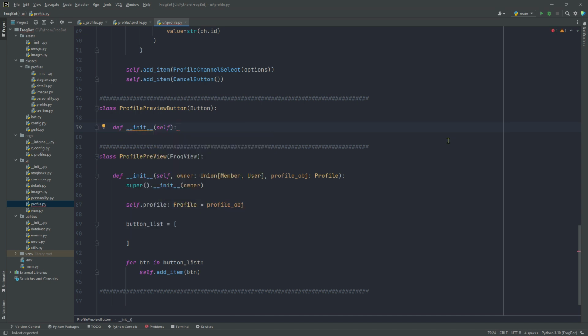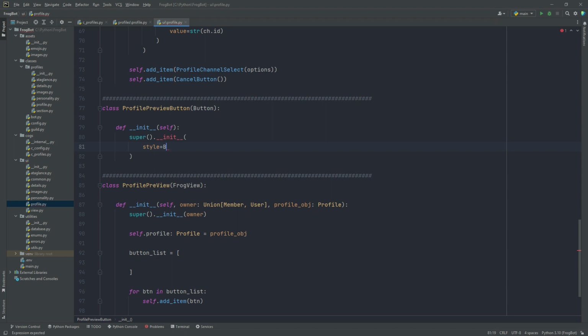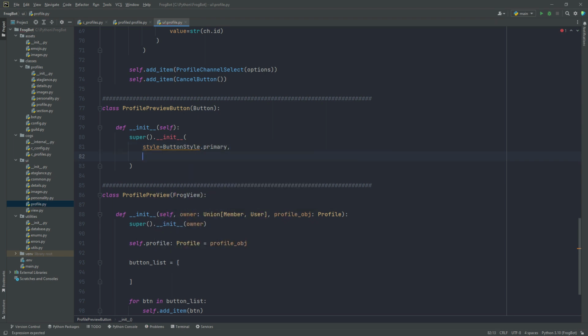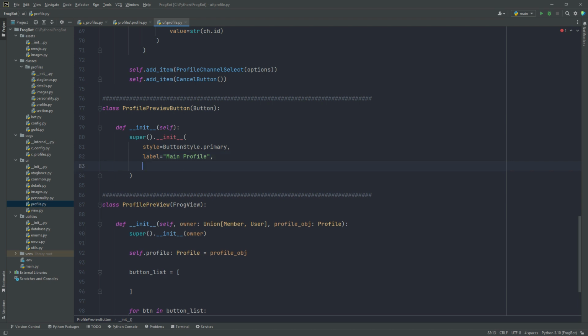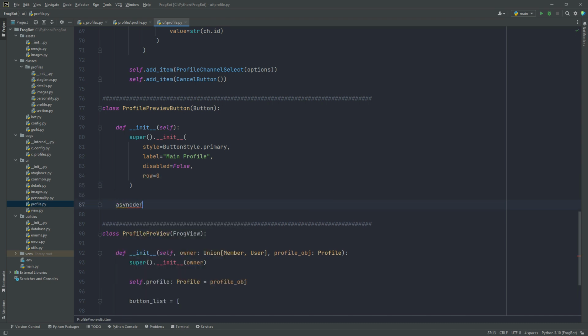And into the init for this button, we don't need to take anything, so we're just going to define the attributes statically here. So let's say the style is equal to button style.primary. Label is going to be main profile. Disabled is false, and the row is going to be 0. Okay, now in our callback,